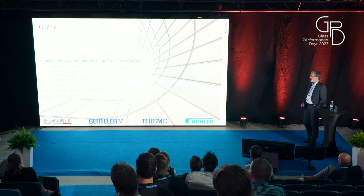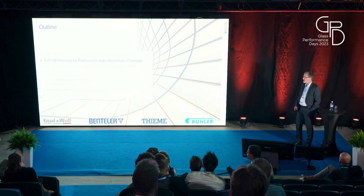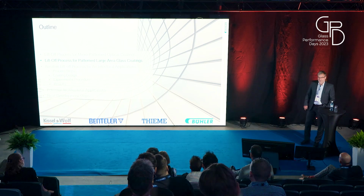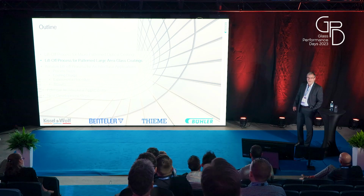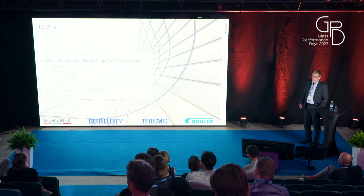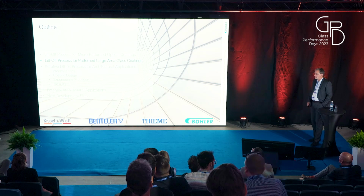Okay, small sizes, and now how do we get this lift-off process to patterned large area glass coatings? So obviously microlithography is not the process of choice. Yeah? So also just think of spin coating of a jumbo. Yeah? Good luck. So we need to change the process, and actually a lot of technologies made big progress in the last decades,